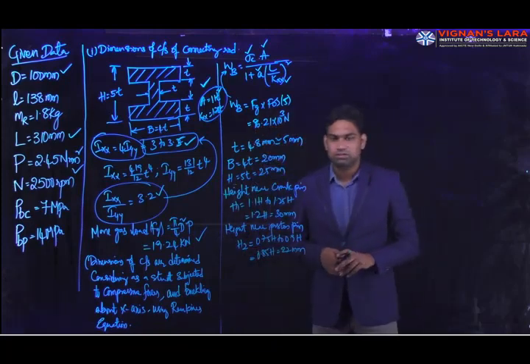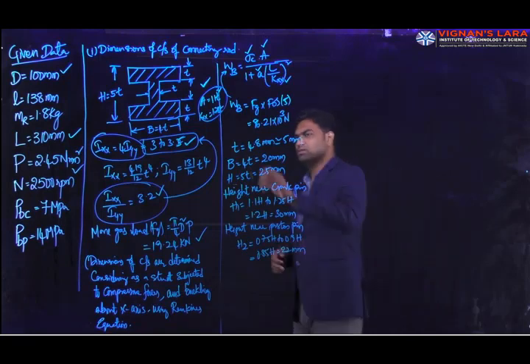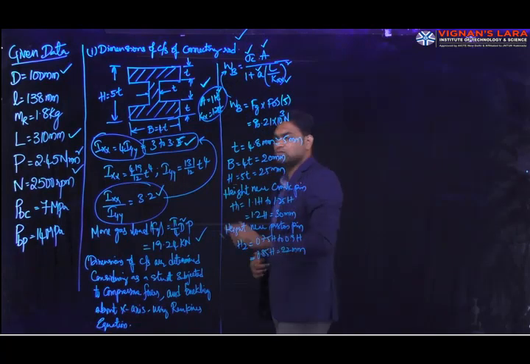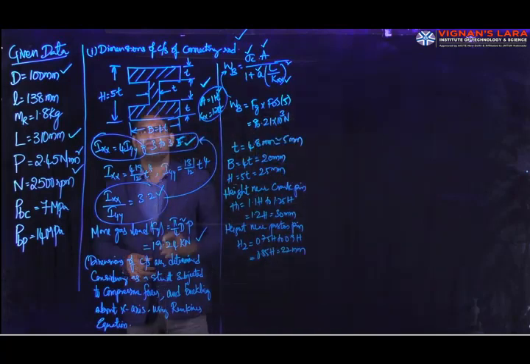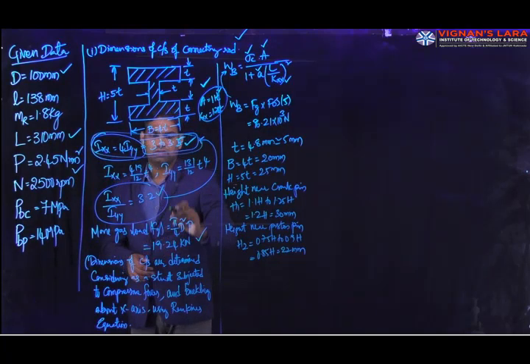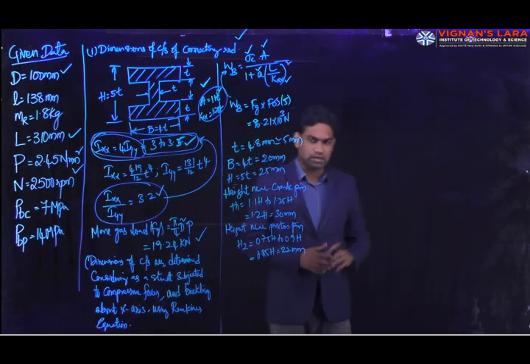Clear? So these are the dimensions of the cross section of the connecting rod, that is, up to step 1. Initially you can calculate the cross section details. We can specify the I section with the proportions, and initially you can check whether our considered proportions satisfy the statement in terms of buckling strength about the x-axis and y-axis.